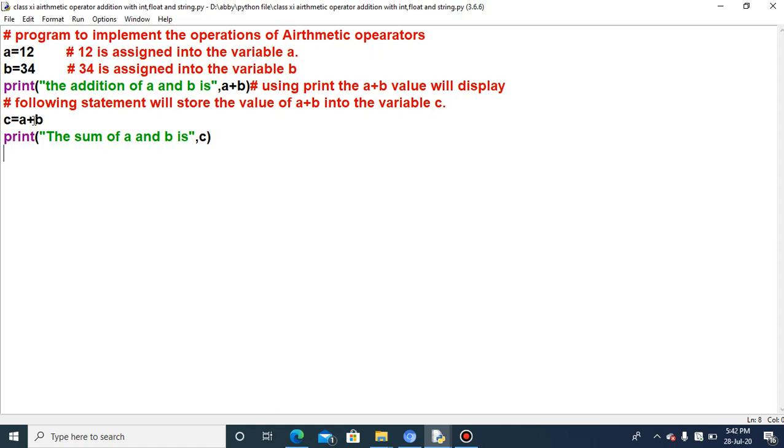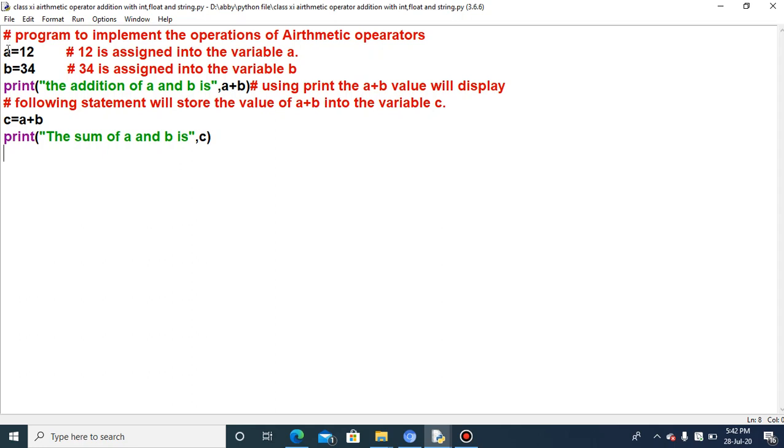So I want to tell you how this plus operator will be used, or if you have to write any program based upon variables and the print function, how it will be done. So this is a very simple program, very simple script.